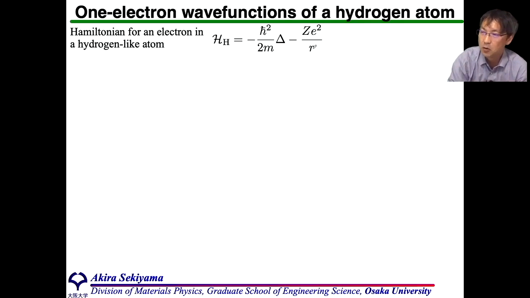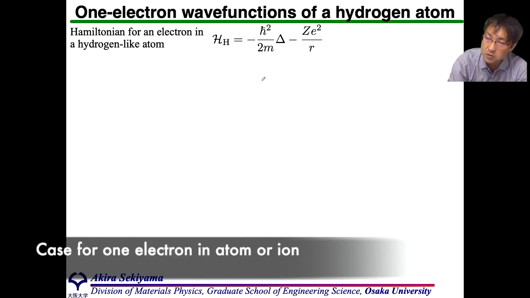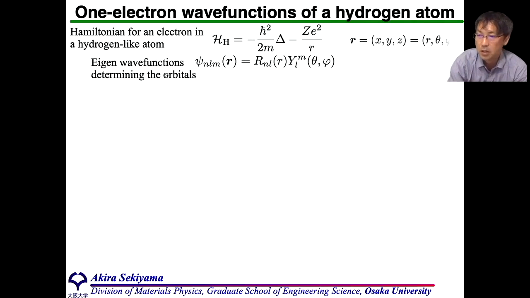Then the small r stands for the distance between the nucleus and electron, representing the electron position. When there is only one electron, we can solve this Hamiltonian and obtain the eigenwave function, which determines the atomic